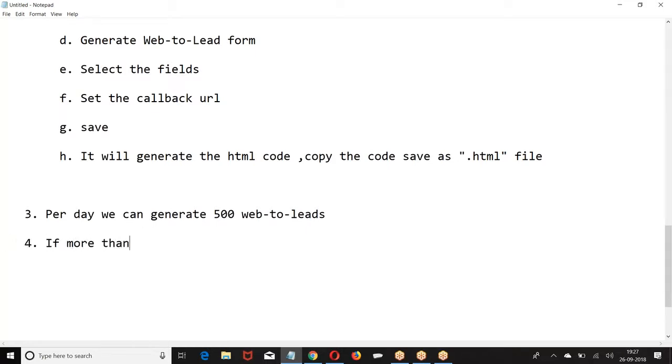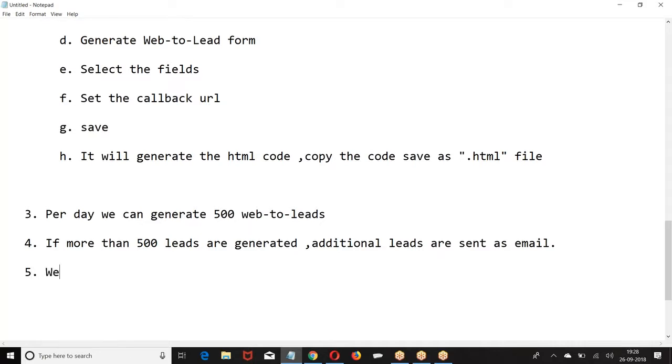If more than 500 leads are generated, additional leads are added to. So we can add this form to how many websites? We can connect with more than